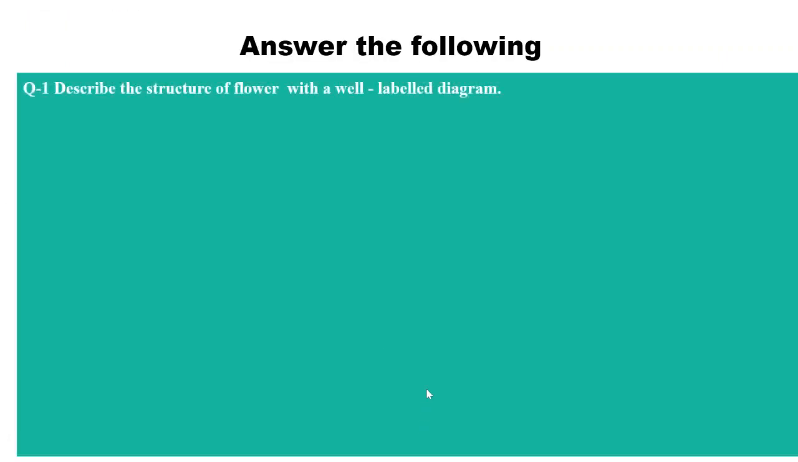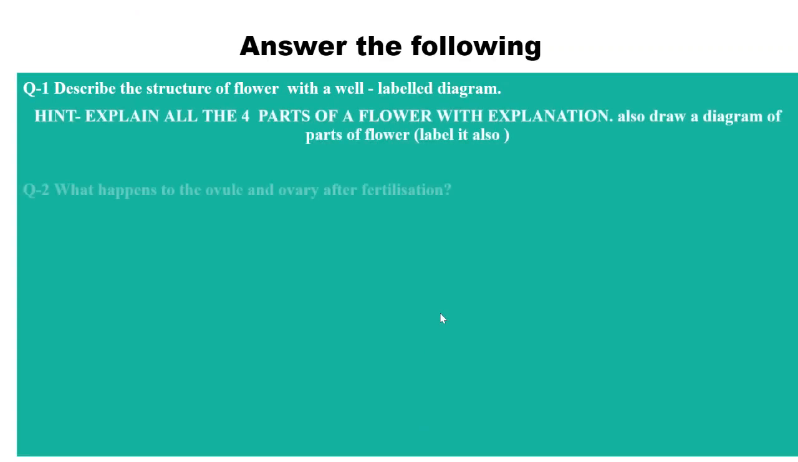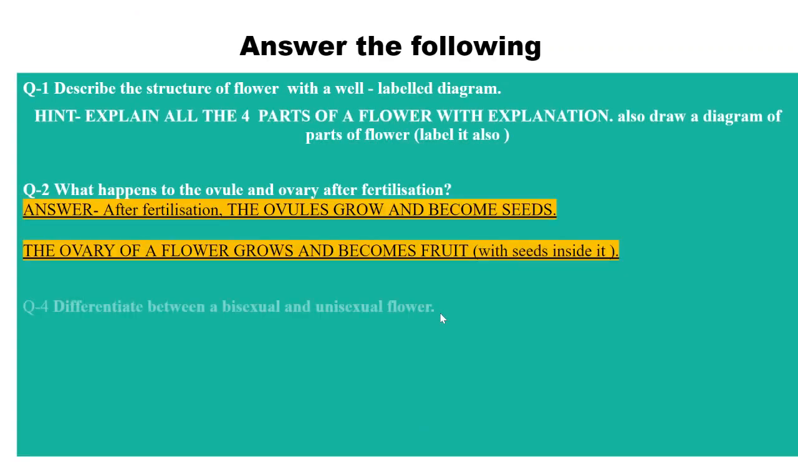Children, that's all for this concept. For any doubts, you can ask me in the live class. There are some questions which you can solve boldly, or you can even draw the diagram in your notebook, the structure of a flower, and label its parts. What happens to the ovule and ovary after fertilization, and differentiate between a bisexual and a unisexual flower,